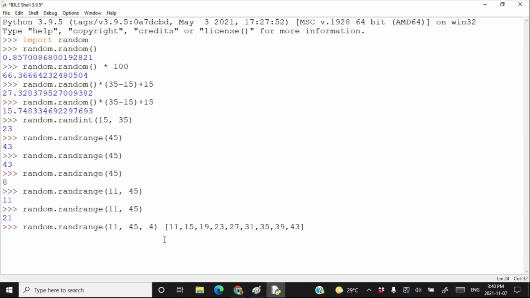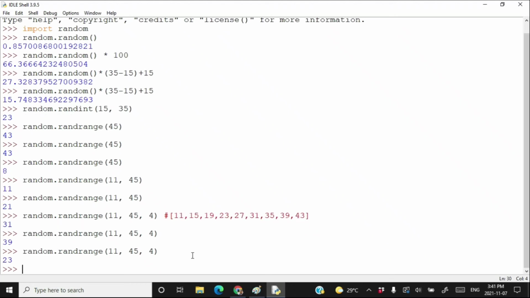If I write a hash here as a comment, because I am using this statement as a comment, press enter, and as you can see 31 has been generated. A random number will be generated from only these numbers. So hopefully you are getting it. It does not matter how many times you execute it, you will get different numbers, but of course you are going to get them only from this range. You will not go out of this range. So hopefully you are getting the use of the random module.